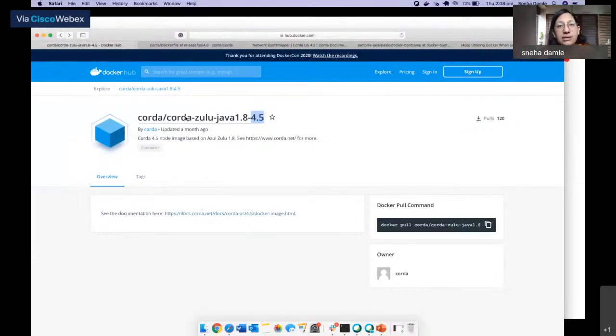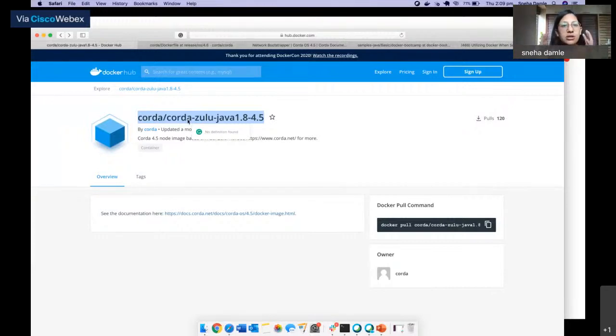You can think of it as an operating system where Corda provides you the base platform, and on this base platform, you will build different Corda apps. These different Corda apps will make use of this base platform. This base platform consists of all the libraries, the APIs, the services which are required for you to build the Corda apps. So this base platform is the image which we have built. It is nothing but a Corda.jar. It has certain dependencies which are required, and all of this is bundled in this Corda Docker image.